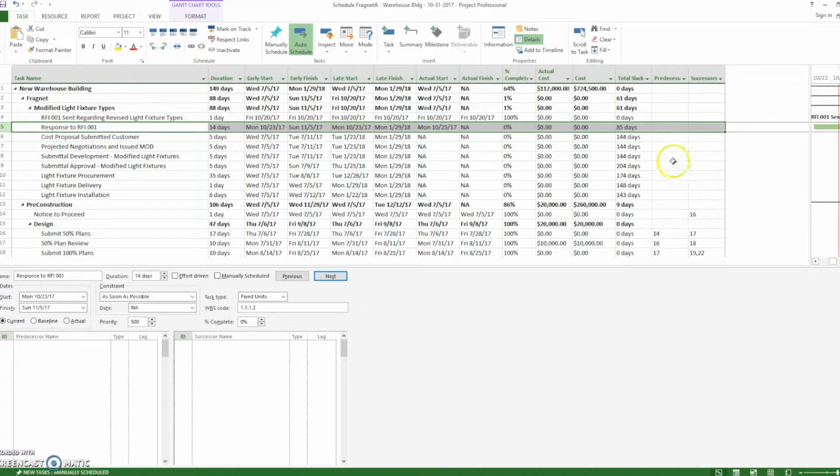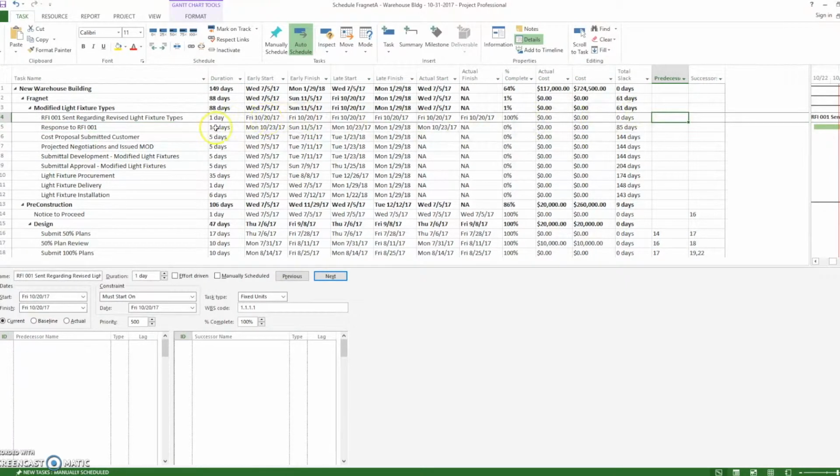Now we want to develop the logic that drives this fragnet. We already have a must start on constraint on this activity, so it does not need a predecessor. Since most of this fragnet is laid out logically, we can just insert predecessors as such. So we'll say it's 5. This is fairly simple. Sometimes with fragnets, we'll get to a scenario where partway into the fragnet we'll have to add another relationship within the schedule to tie the